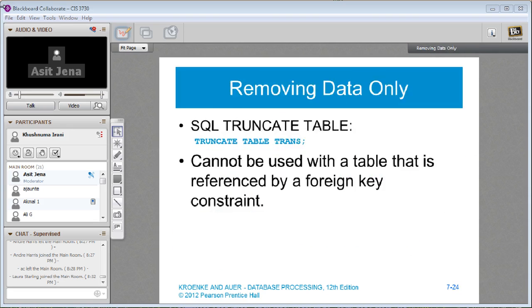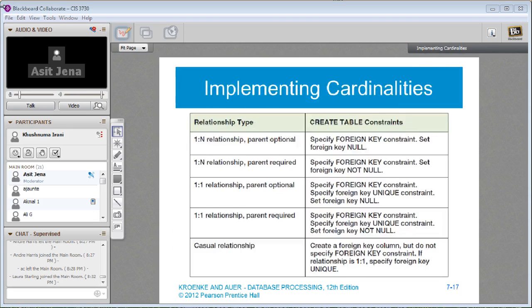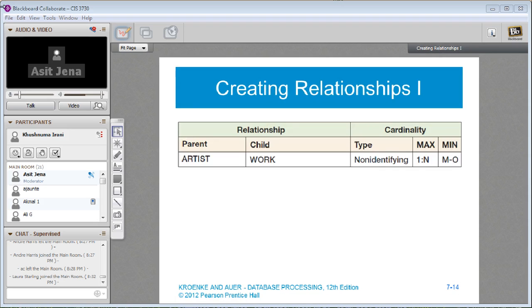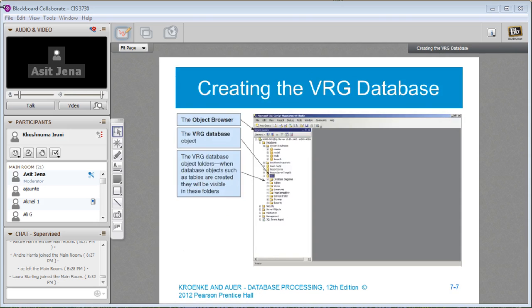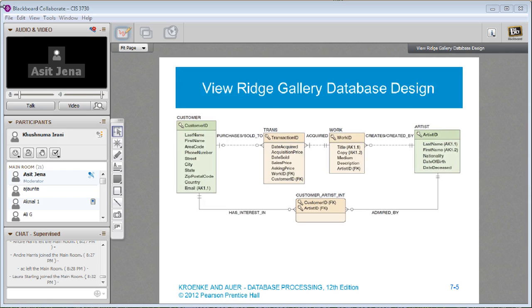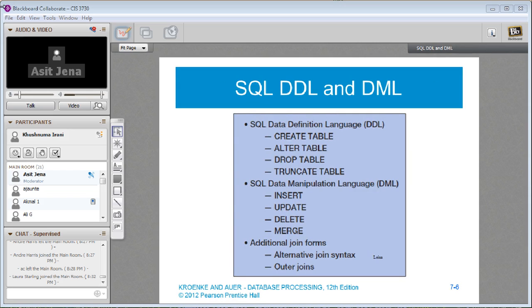Okay, so I think if we go back to the class, there are several things that are important to get on today's thing. One is that when you are creating tables, you should be able to, starting with these 3, create, alter, drop table. So you should know how to create table and how to alter table, how to drop table, how to truncate table. Again, the first 3 are more important.